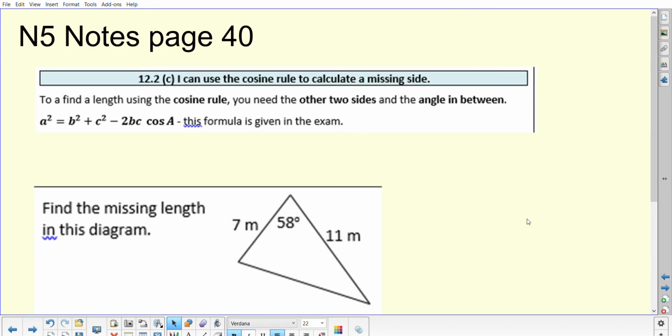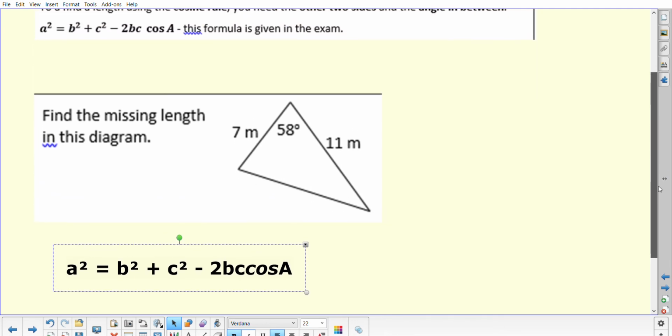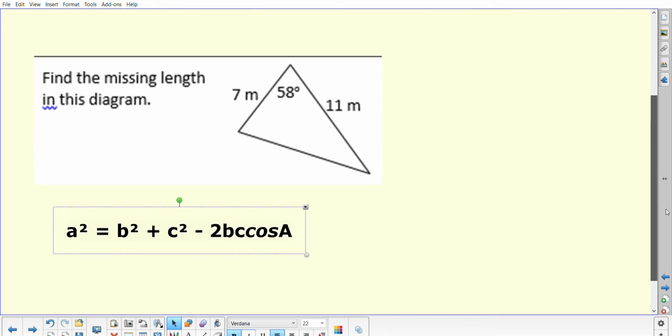So this is in your notes, page 40. There's the cosine rule written out. So find, in this first example, the length of the missing side. We can clearly see we've got two sides, and the angle in between them. We don't have letters